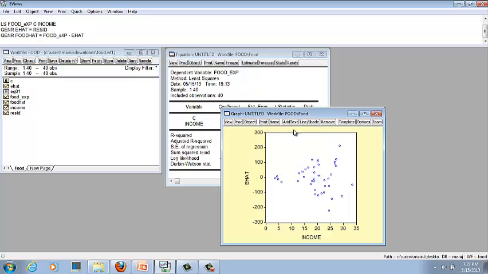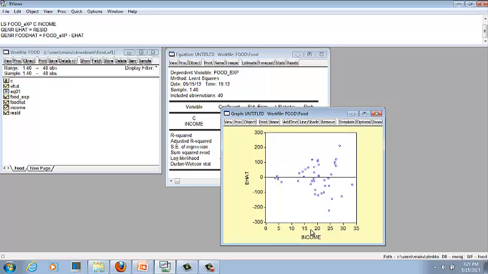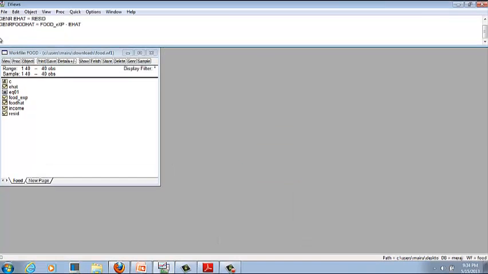Then go to line and shade, select horizontal left scale, give the data value 0 and press OK. Now you can see our graph. On the x-axis it has income and on the y-axis it has EHAT. So this is a way we can use an informal method for the detection of heteroskedasticity.